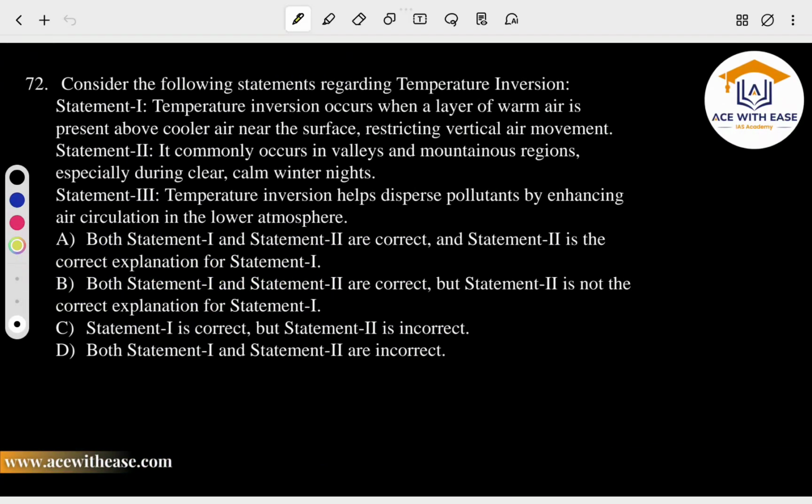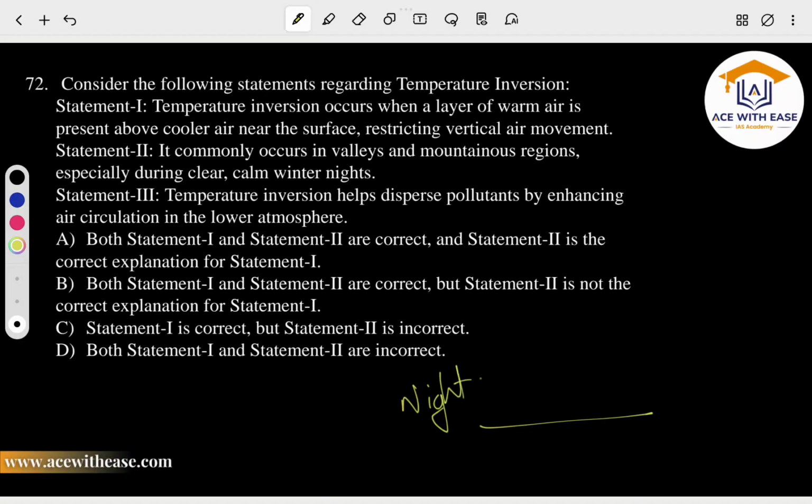72nd comes to the following. Temperature inversion occurs when a layer of warm air is present above the cooler air near the surface, restricting the vertical air movement that is being present. So here you can see, whenever we say the temperature inversion that's been there during the night,